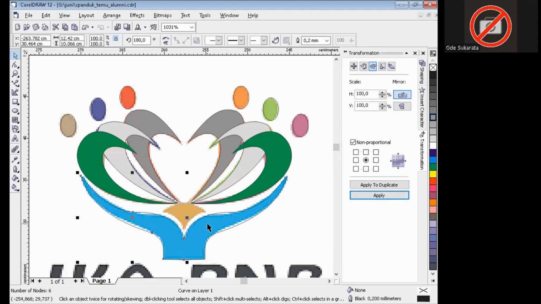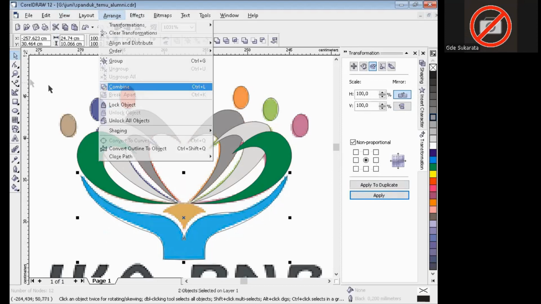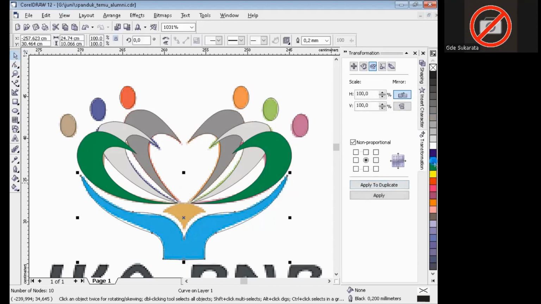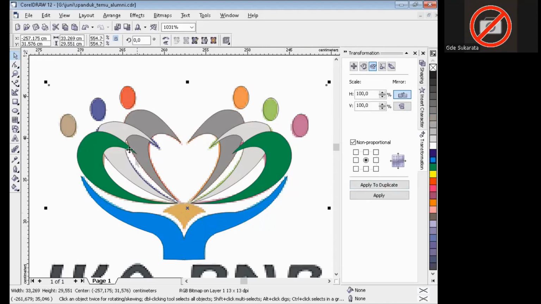That's it. Button shift and arrange, combine, and we can join the node. And you can coloring this object. Yeah, here too, and another shape or object.